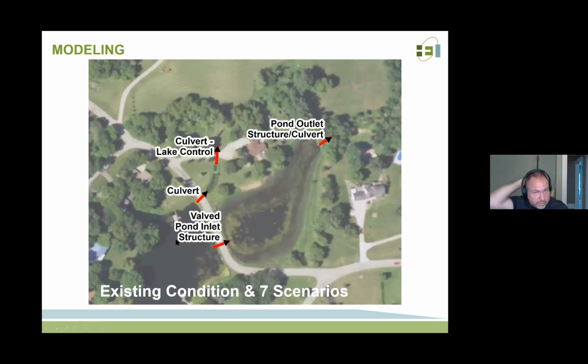So what I want to do is go over this quickly. I don't want to go into detail of the modeling that we did. I'll talk a little bit about the different scenarios. There's actually, I think, 7 of them, and I don't want to get hung up on the details of all of them. But the big picture that people need to know is that we did an existing condition